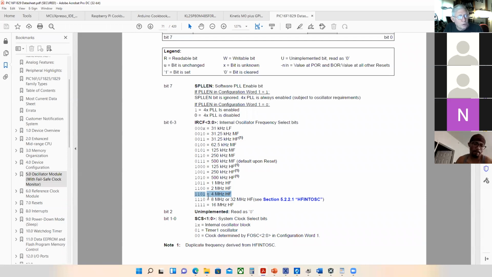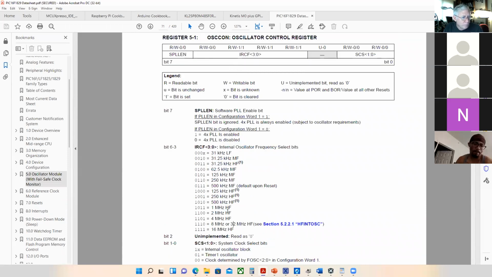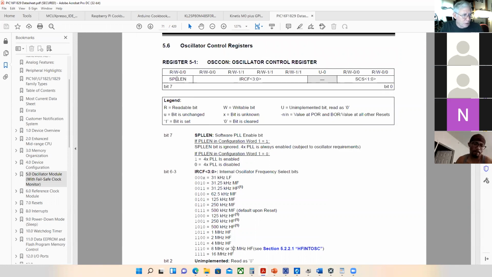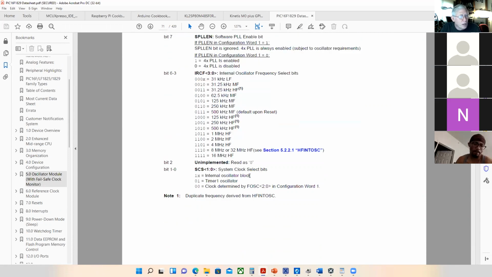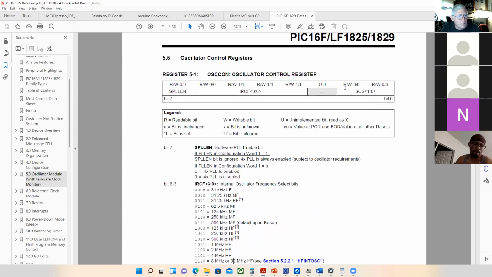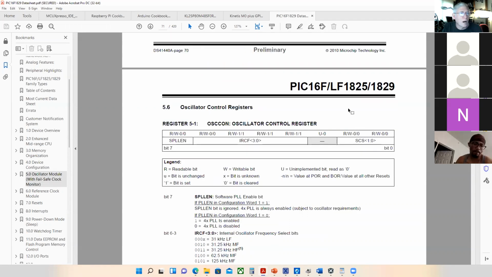In order to do that, we put in the bits for bits 6 through 3 here. We put in 1101. So if our phase lock loop bit is a 0, and then we do 110, so that's 0, 110, which is 6 hex, and then we have a 1 here. This is unimplemented, and then down here we have to look at this field. We're going to use the internal oscillator block, which is 1x. So don't care. It could be 1 1 or 1 0, and we'll just do 1 0. So that'll be 0 1 1 0 1 0 1 0. So 6A is the hex value that represents that bit pattern, and that's why we use